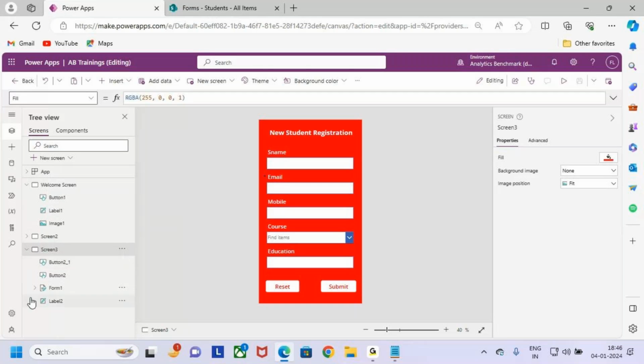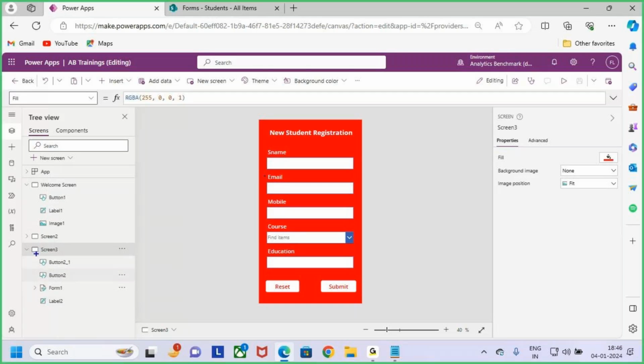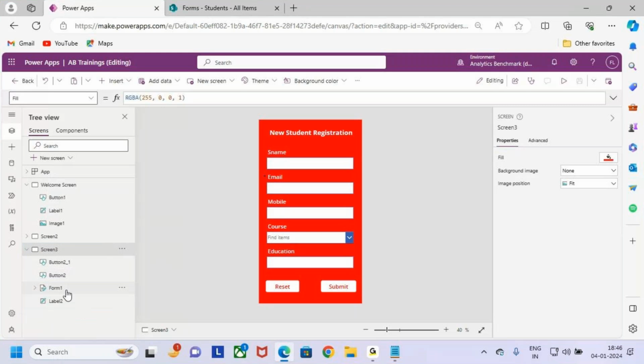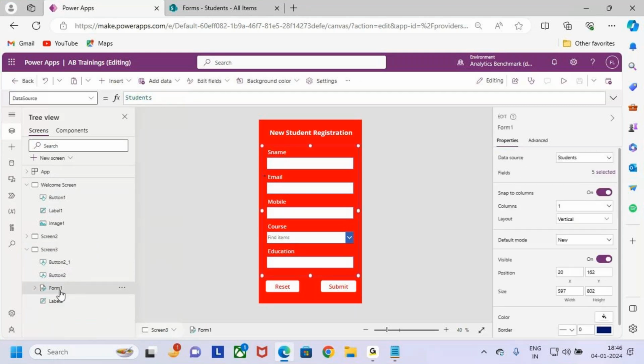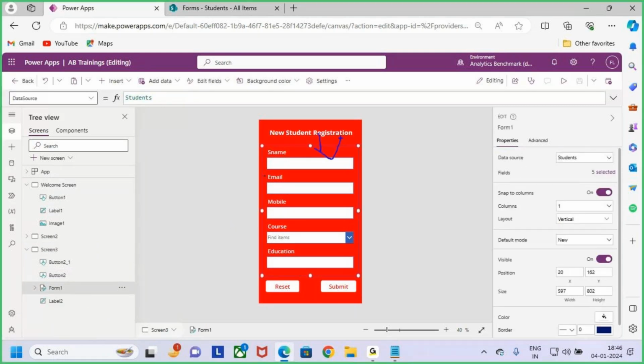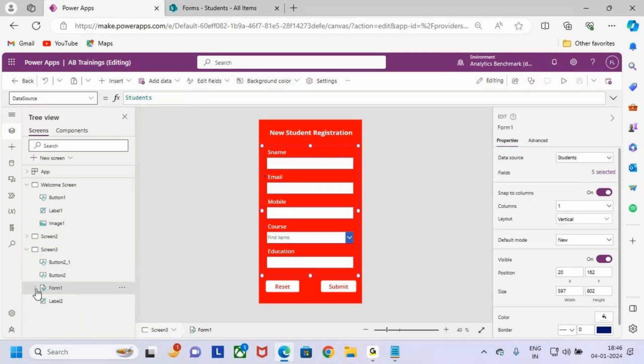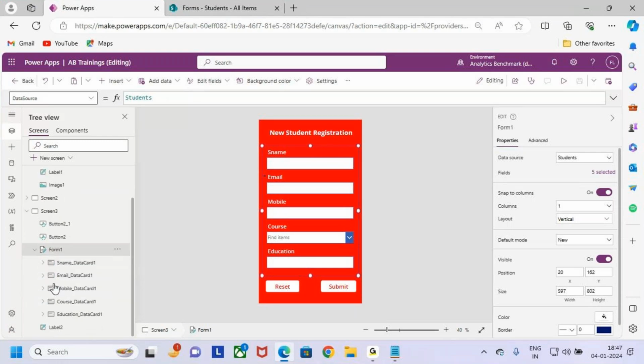This is my screen 3. So currently I'm in screen 3. In screen 3, there is something called a form. Now see, when I select the form here, it is selecting here also. Now when I click on this drop down and expand it, here under the form,